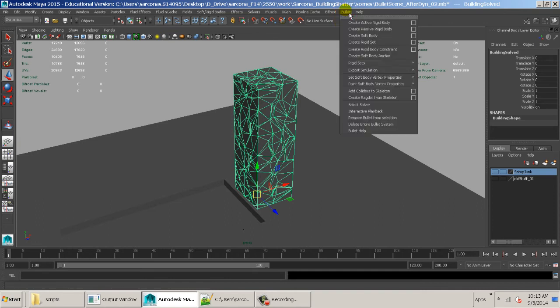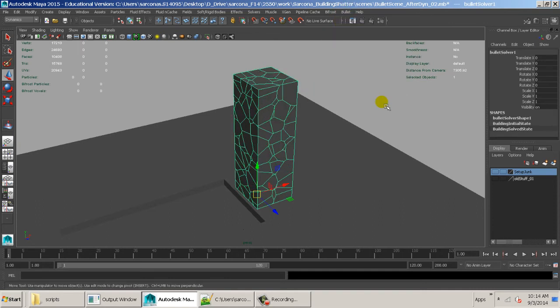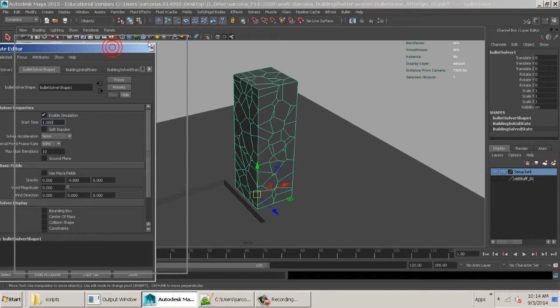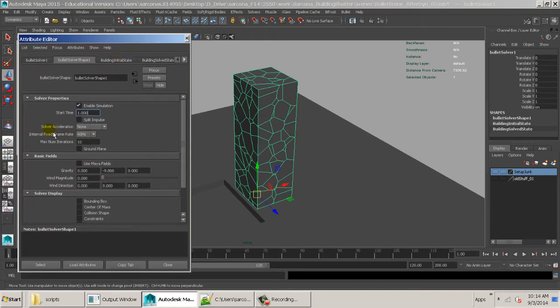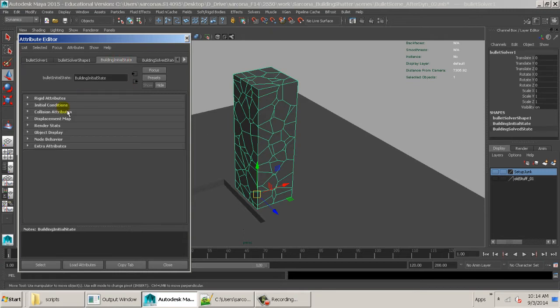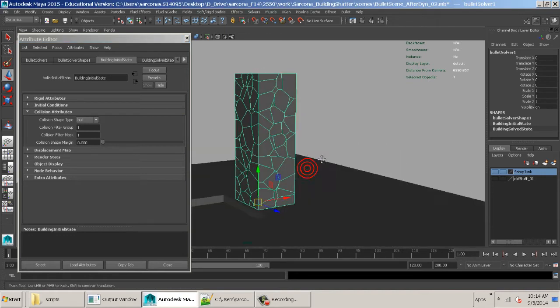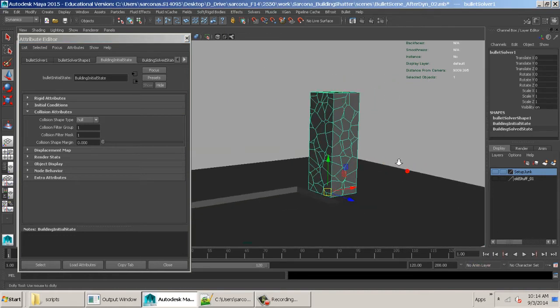Under bullet, I go to select solver, go to the attribute editor, and I'm just going to set a couple things here. So first, internal fixed frame rate 240. I'm going to go to the building initial state. Okay, remember the building initial state is all these individual pieces. And I'm going to go to collision attributes, change this to hull, and then take my collision shape margin to 0. Okay, now I rewind it again, I hit play,